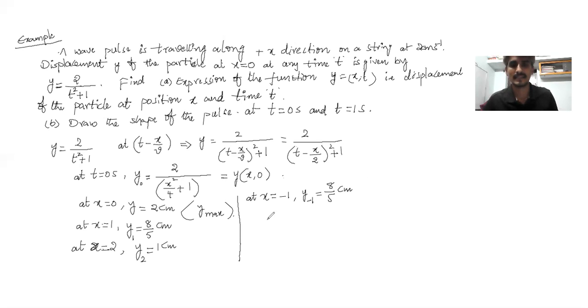See how we are getting the same values? Even at x is equal to minus 2, whatever the value of x, it may be plus or minus, we are getting the same values. You can again get 1 centimeter only. So if you plot a graph of this one,